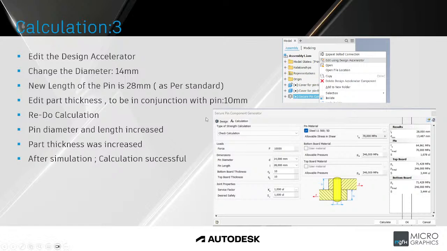Because if you've got a 10 millimeter part but a 28 millimeter length pin, it will stand out quite significantly. So after I've changed my thickness, I'm going to redo the calculation. So the force still stays the same. The pin diameter I changed to 14 millimeters. The pin length I've changed to the standard length. And because I changed my part thickness to 10 millimeters, so my bottom and top it's 10 millimeters,